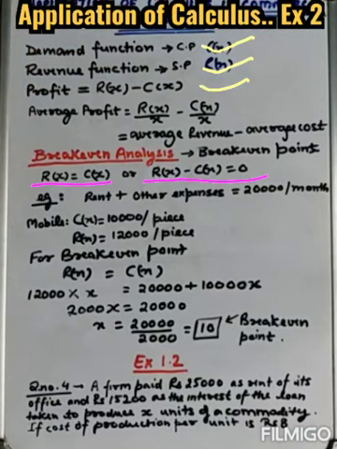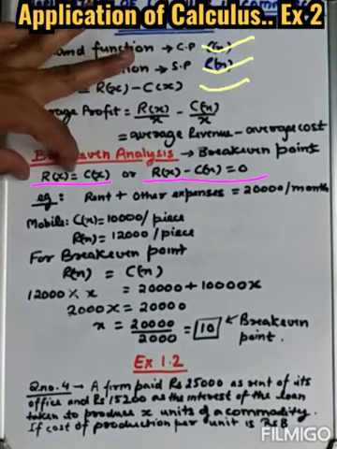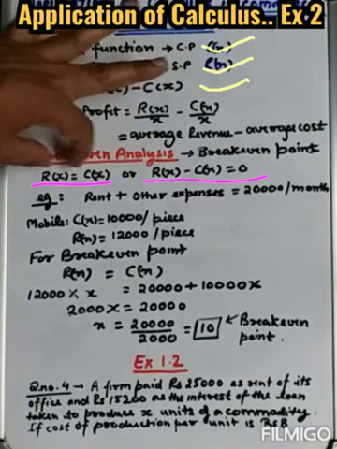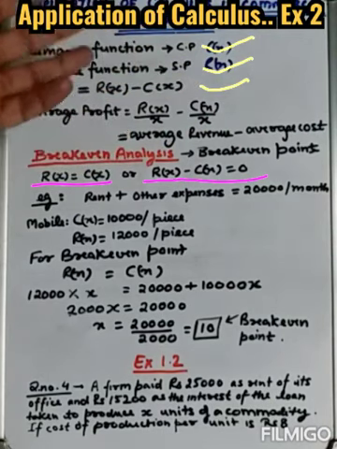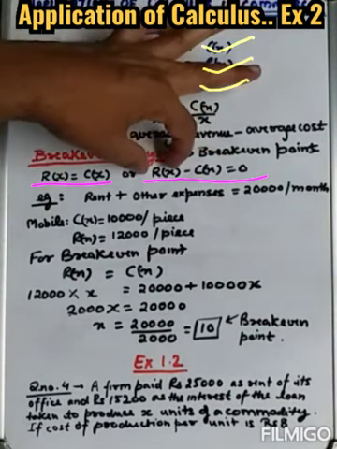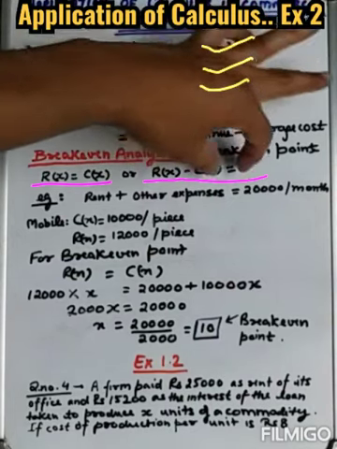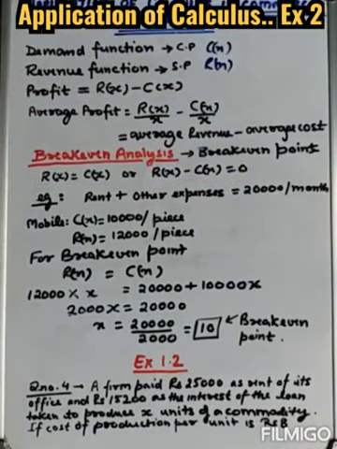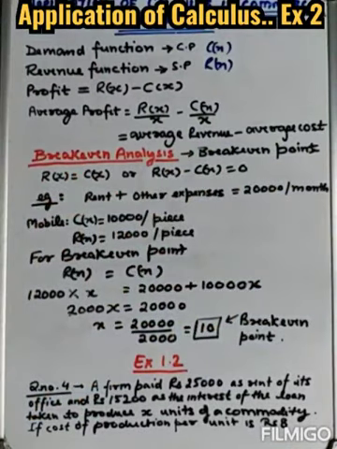Now this is the main important point, break-even analysis. What does this mean? Basically, the break-even point is found when the cost function and revenue function are the same. Revenue is equal to cost function, that is CP is equal to SP. When both are equal, there will be no profit or loss. So when profit is 0, SP minus CP or revenue minus cost function is 0, and in that case there will be no profit or loss. When this happens, this particular point is called the break-even point. Let us discuss it more.